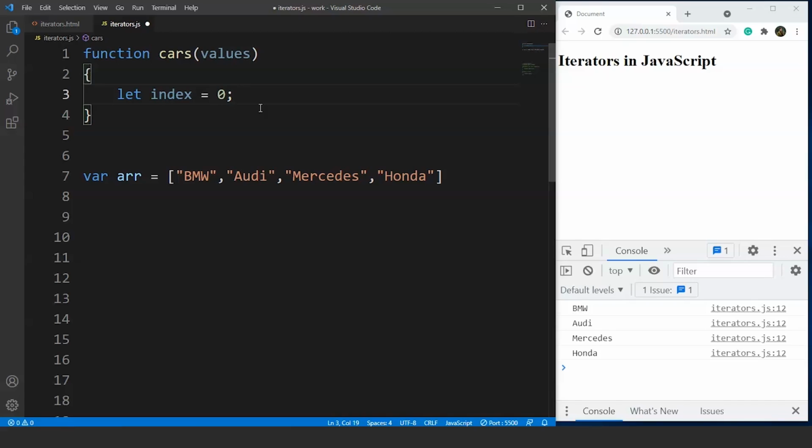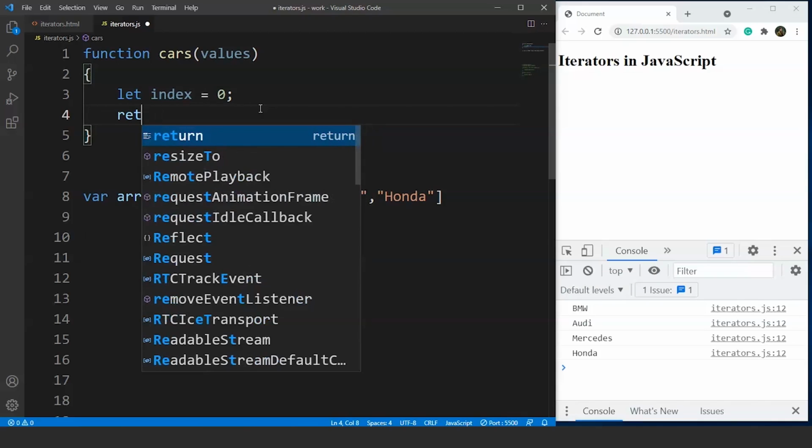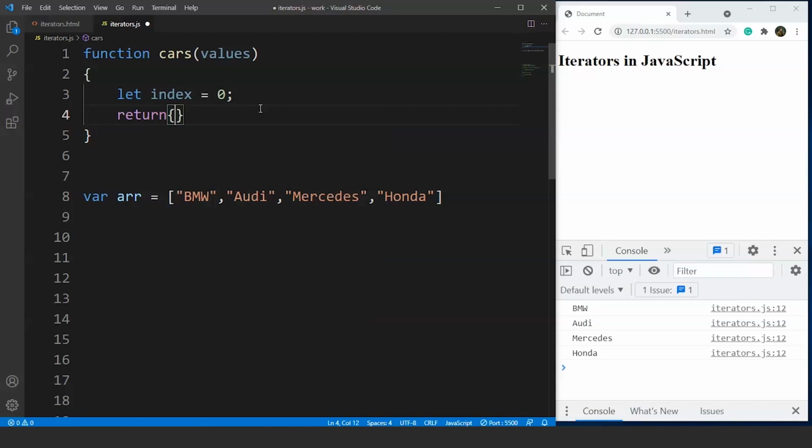By the definition of iterators, we know that an iterator is an object that returns an object with two properties, right? So what we'll do here is return an object. We'll write return, and we'll use curly braces over here. Now this function cars will return an object, and this object will use a function next that will return the two properties we are discussing.